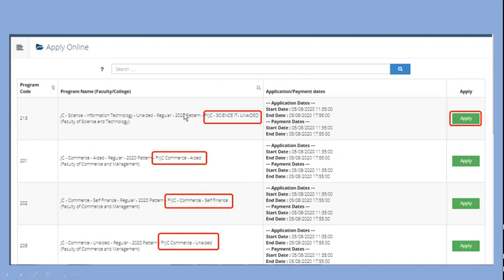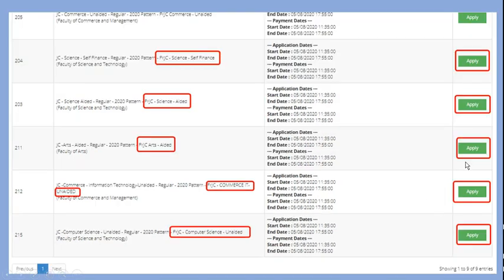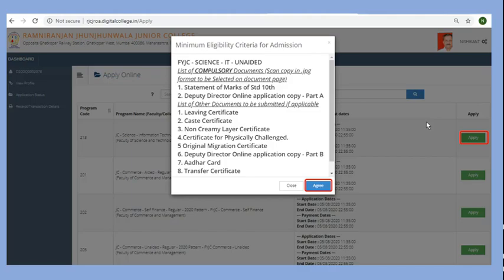That is, if you want to apply for FYJC Commerce course for aided seat, then you will have to click on this apply button. After clicking on apply button, the minimum eligibility criteria for that particular course will be shown on the page.